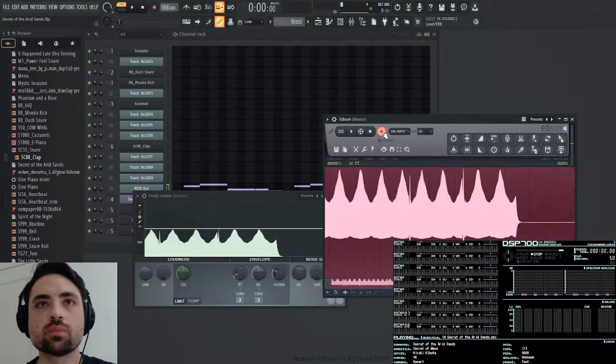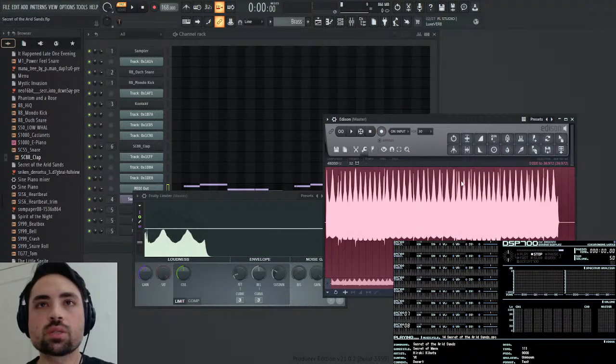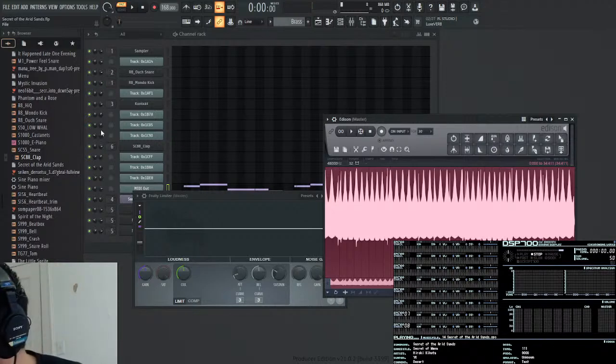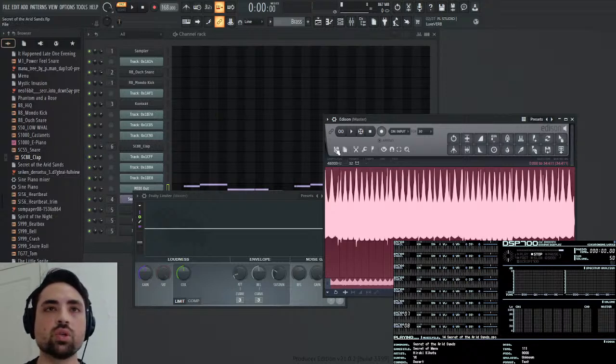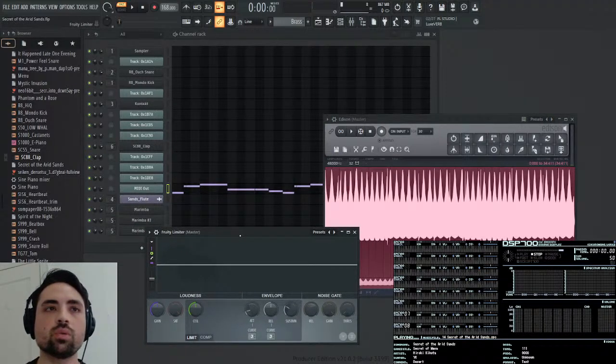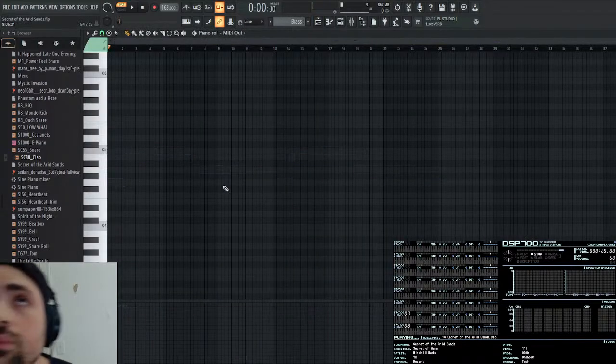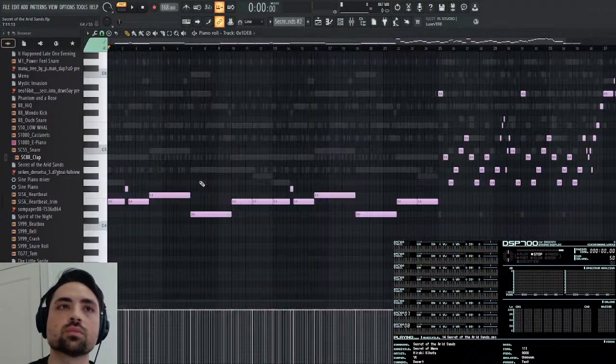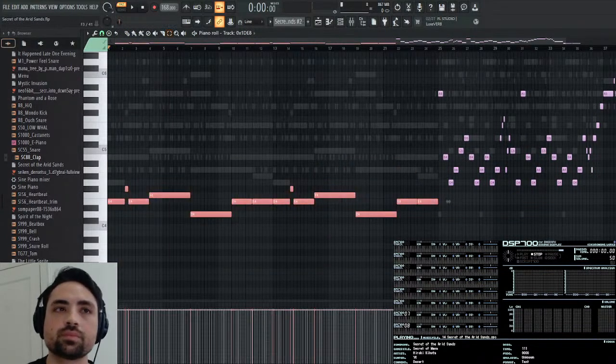Okay, that works. Now we trim the side noise and save it as Sans Brass 1. And so now with that, I'm going to record again. I'm going to go and delete this line and then grab the second layer. Copy that.